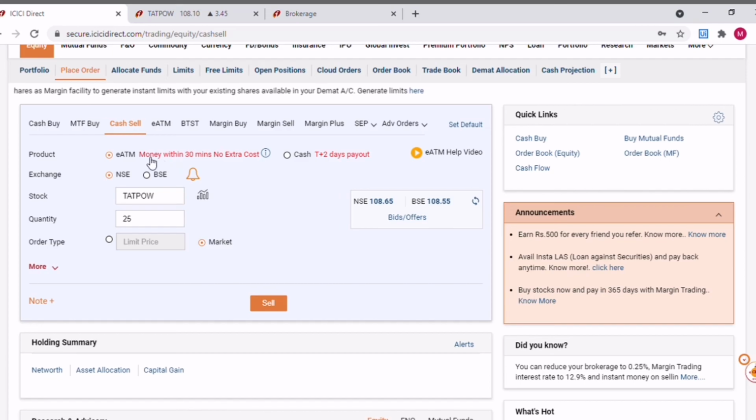But this EATM has some limits. I think per day you can withdraw a maximum of 50,000 or something like that. It depends upon the brokerage plan you have chosen. If you go for a better plan, I think you get a higher limit on the EATM. So that's how it works.